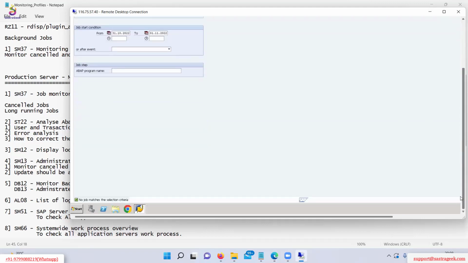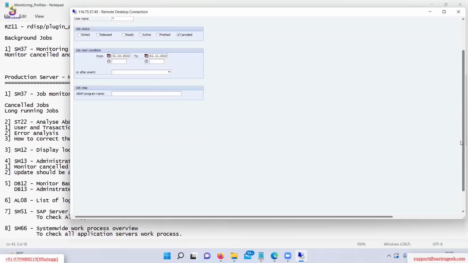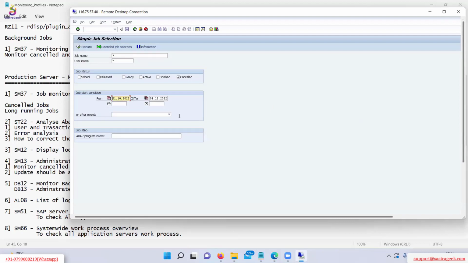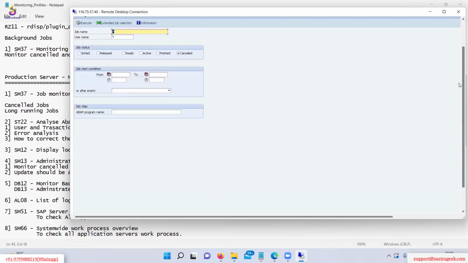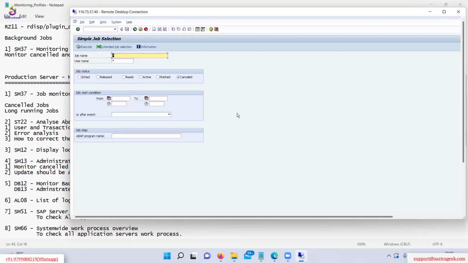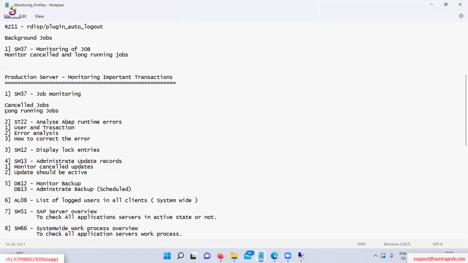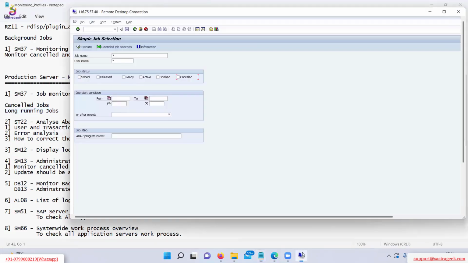Currently, if you see, we don't see any failed jobs. Now I will remove these dates and we'll see if there are any cancelled jobs in the system. There are no jobs cancelled. If there are no jobs cancelled, then we say no job cancelled. But if there are some jobs cancelled, then we take the list of those jobs. That is one step. What is the second step now? The second step is we need to check the long running jobs. For long running jobs, I will click active. Active means